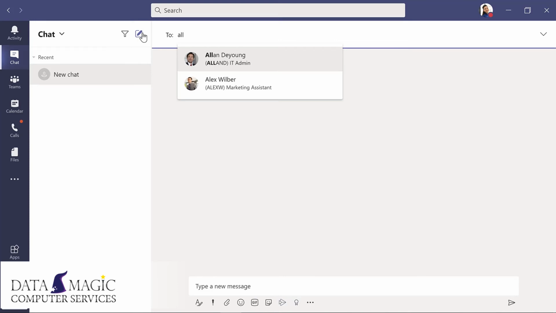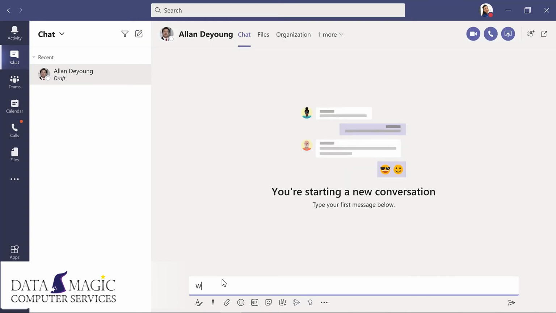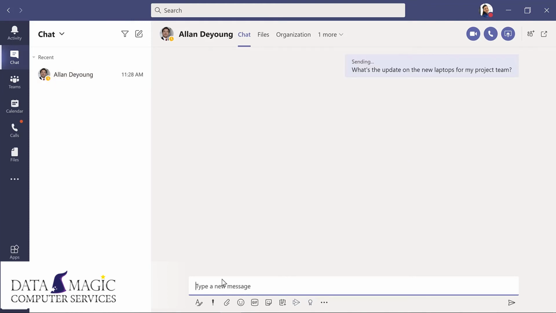And I want this message to go to Alan. I'll hit enter to send that. Notice I have other options. I could have started this as a video call, an audio call if that's supported in your organization. I could start screen sharing. Could add people to this. Or I could even pop out